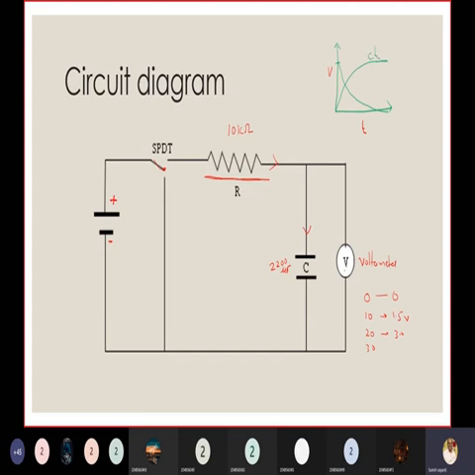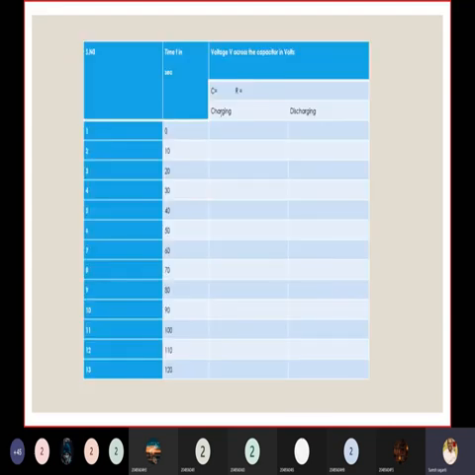So this is the charging curve. This is the discharge curve. The charging and discharging will take place gradually if you send the current to the capacitor through a resistor. Without a resistor, you won't get this kind of curvature. Instantaneous charging and instantaneous discharging will take place. So that's why we have introduced this resistor, to observe its charging and discharging characteristics. With respect to time, we will find out how it is charging.